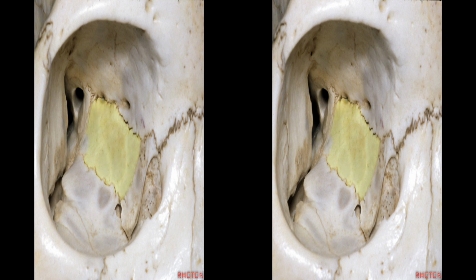Below the ethmoid, we have the articulation here with the maxilla, and then at the posterior inferior edge, we have the part of the orbital floor formed by the orbital process of the palatine bone. And then along the posterior ethmoid, we have the articulation with the sphenoid body at the anterior edge of the sphenoid sinus in this area, so that you want to see and understand all of these articulations and begin to